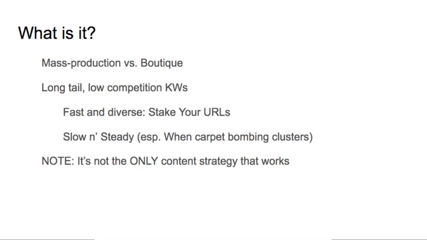Let's consider a manufacturing type business. We've got mass production, factory versus boutique, which is more of a customized service. Now I liken the crank and bank strategy for websites as more of a mass production. That doesn't mean that you're producing garbage, you're just able to be more efficient, you produce more content, and I'm going to get into the how and the why shortly. But that would be versus more of a boutique approach, which is fewer output and putting more effort into each unit of output,